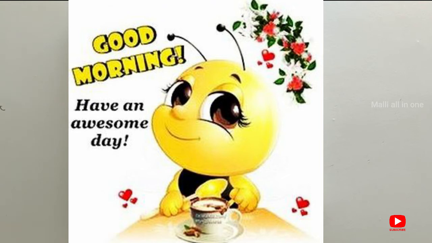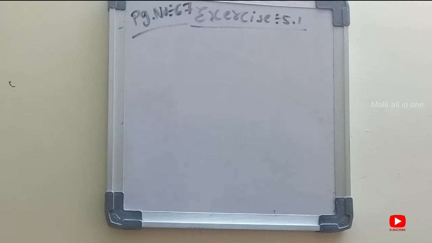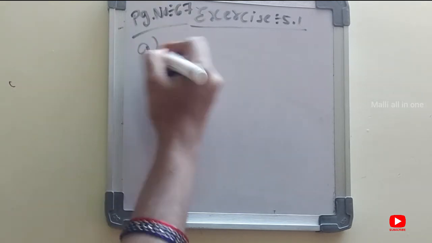Good morning children, today we are discussing page number 67, exercise 5.1, second Roman numeral. Divide by repeated subtraction, find their quotient in each case. Now this also looks like the first Roman numeral. You have to do this as repeated subtraction, which means subtraction is being done there.